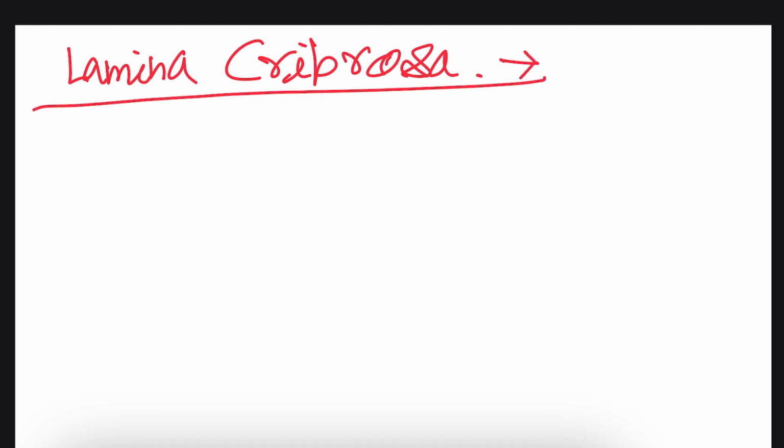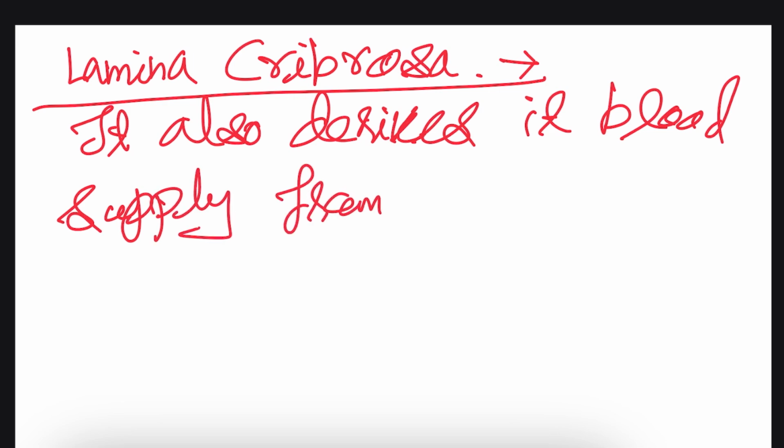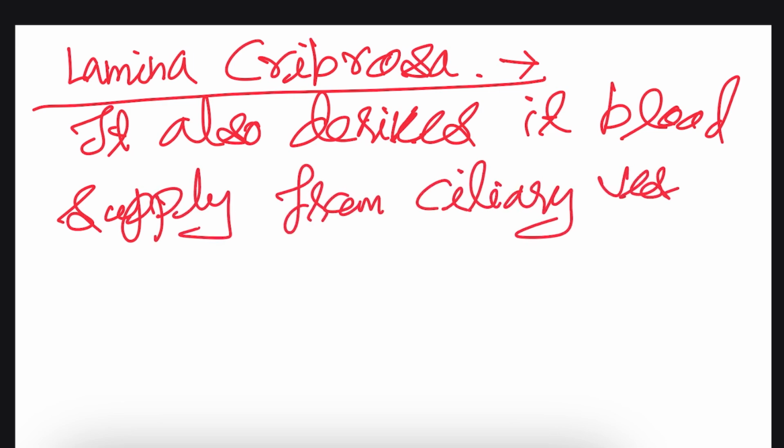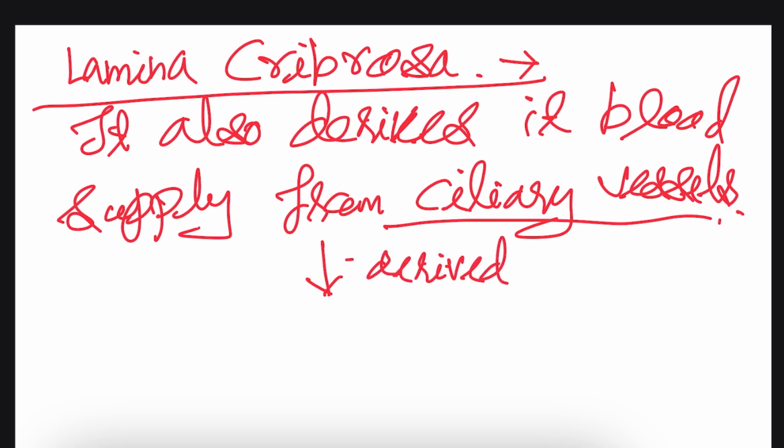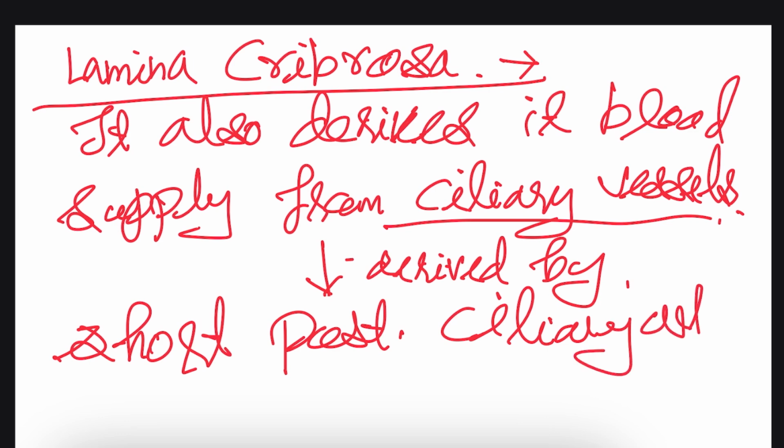Then comes the lamina fibrosa. It also derives its blood supply from ciliary vessels, and these ciliary vessels, which are supplying the lamina fibrosa, are derived from the short posterior ciliary arteries and the arterial